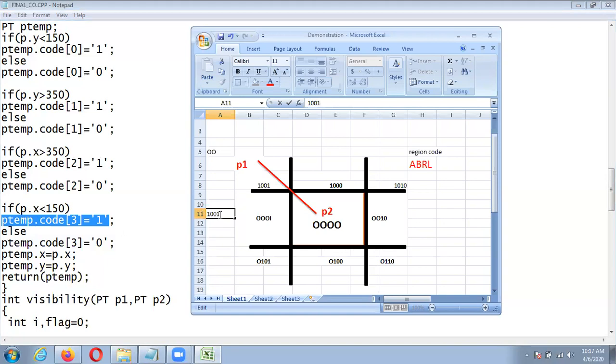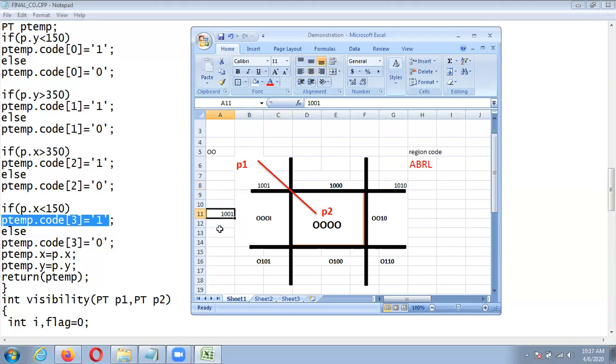So now what we are getting, this region code for the P1 is 1001, and actually that is 1001, because this P1 lies above the window and at left side of the window. So what we are getting is again correct over here.